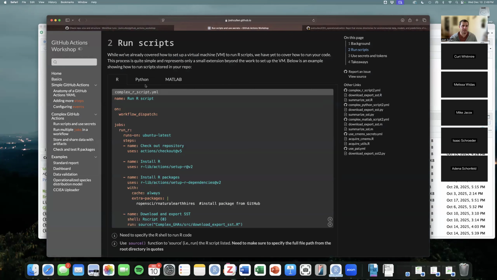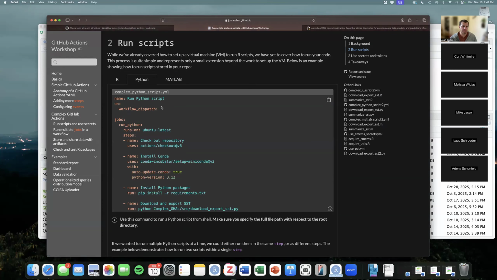All right, so doing the exact same thing in Python now. It's going to look very similar. In this case, we're installing Conda. And then to install the Python packages, because I don't think we covered that before, we're using that requirements file. So for this run arguments, we're using pip install, and then this -r flag, and then the requirements.txt file. Supposedly the -r tells it to go through each line of this requirements file to install all of these packages individually,